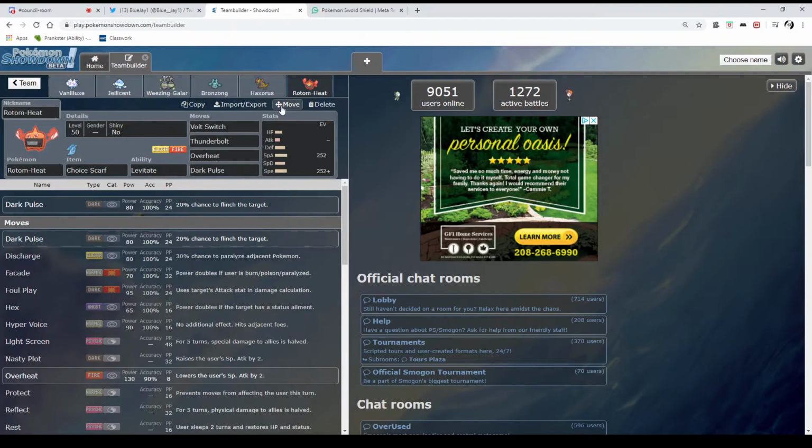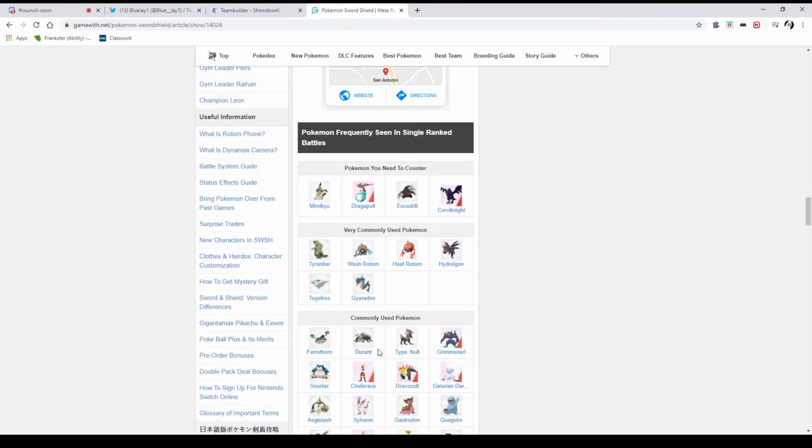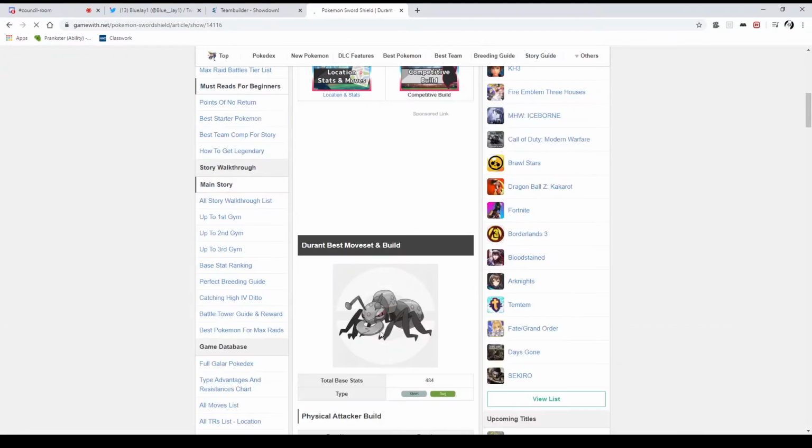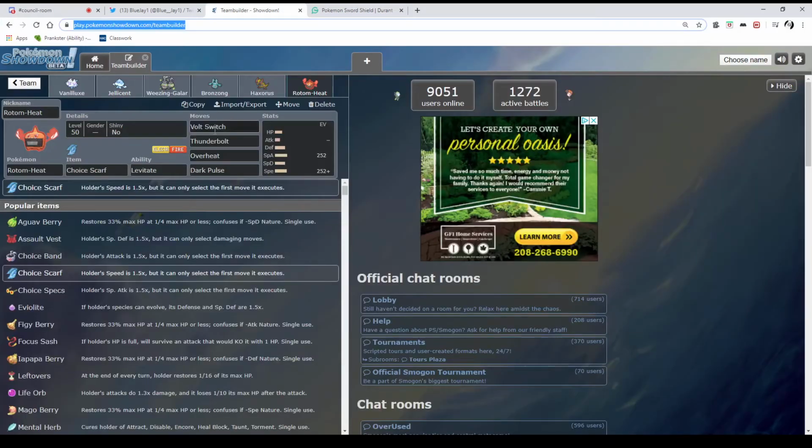So now the last thing I needed to round off the team was a Choice Scarfer, because there's a lot of things that try to Max Airstream, raise your speed, or are just fast in general. A thing that's been gaining in popularity is Durant, which is a very threatening Pokemon. Durant is just ridiculous, because it gets Hustle, and when it Dynamaxes,